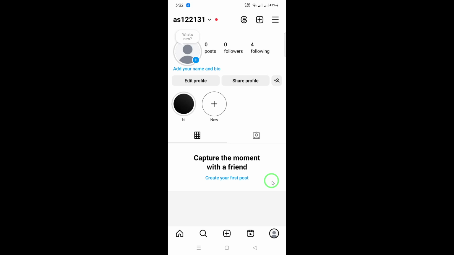You can also check out various options available on your profile page. For instance, if you want to edit your profile, simply tap on the Edit Profile button. This allows you to update your bio, change your profile picture, or even link to other social media accounts or